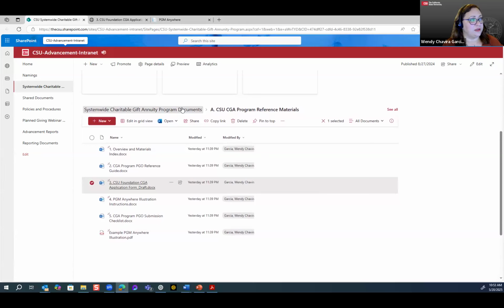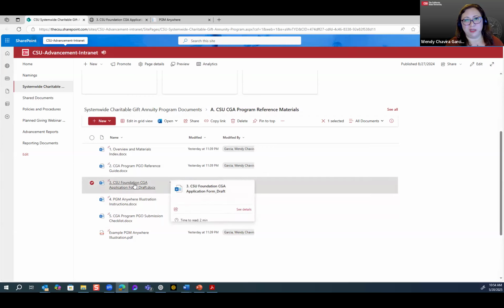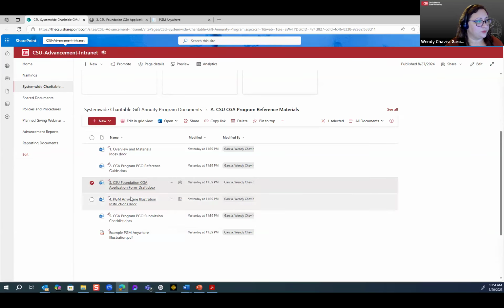I just want to highlight again, this is where the documents live. Use folder A as your guide. We are going to make the application a fillable PDF, so you can just type in there, but you can always write on it as well, but we'll make it fillable. What else is included is this